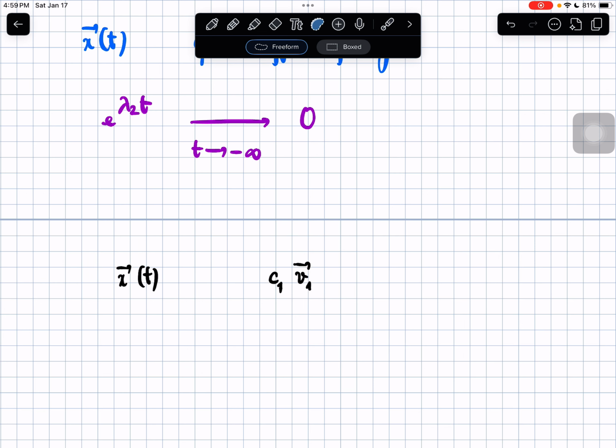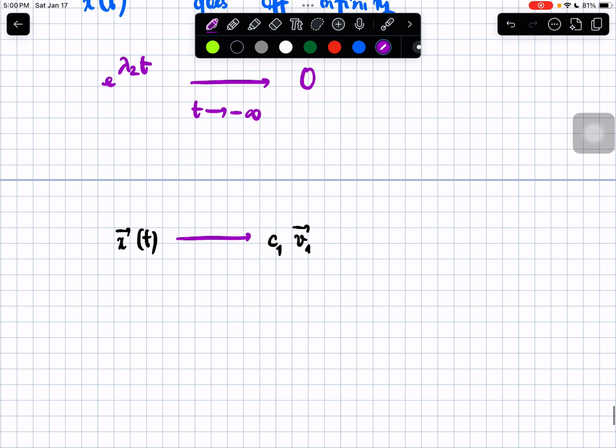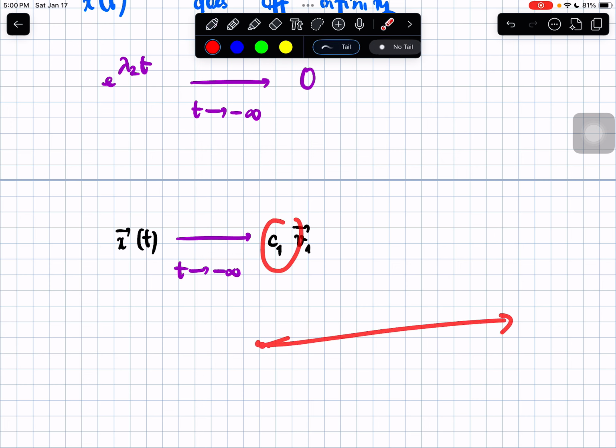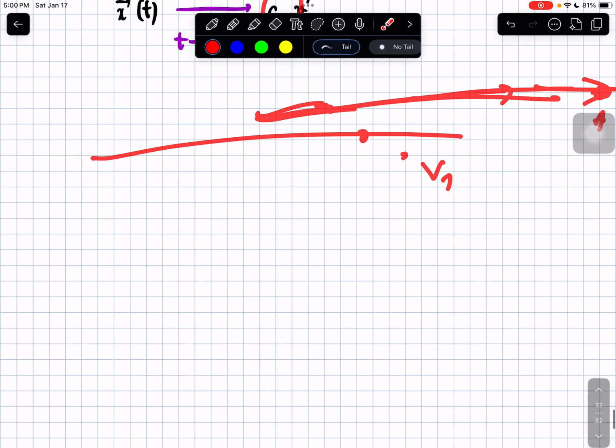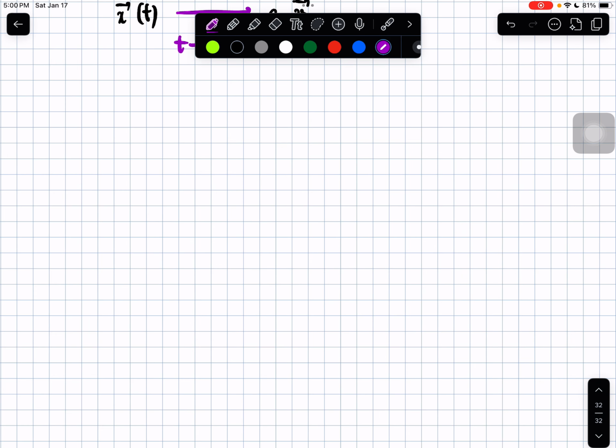So depending on the value of c1, say v1 is this vector, c1 is just a number, a scalar. c1 times v1 may be 2 times v1, 1.5 times v1, just 1 point on the line where you have v1. So that gives us all the data we need to visualize